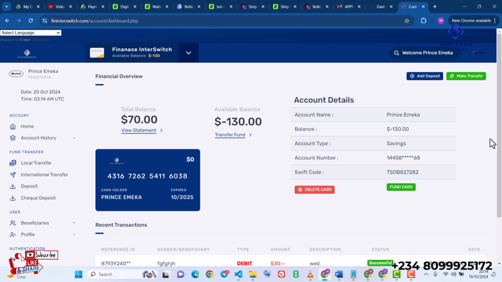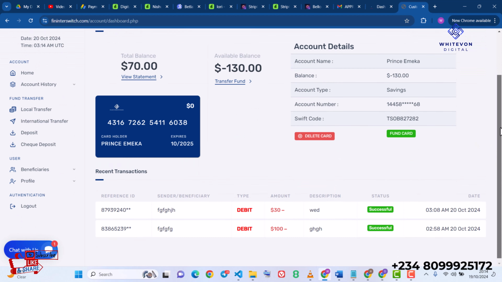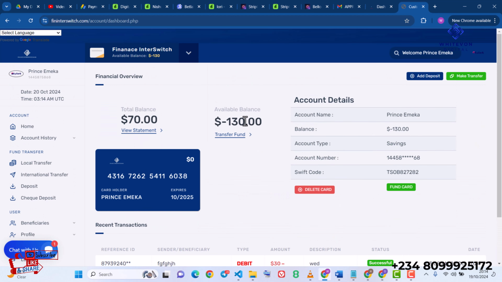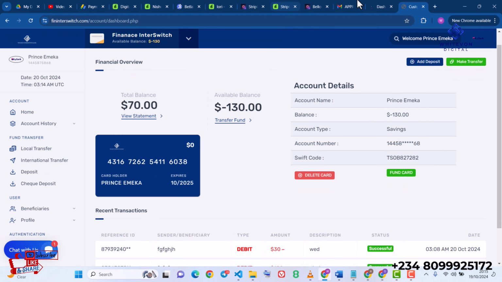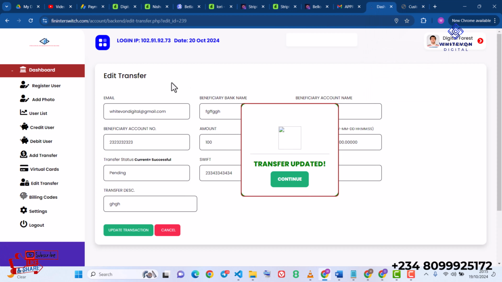Over here we have transaction successful, and it says -$130 has been removed from your total balance. So basically this interface only shows the available balance, which is the total balance, and the amount that has been debited from. So guys, let's get back to the admin interface, and over here we have billing codes, and basically